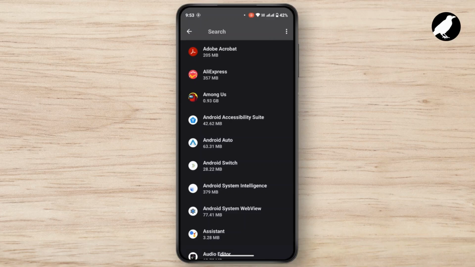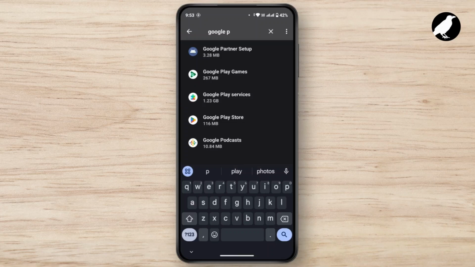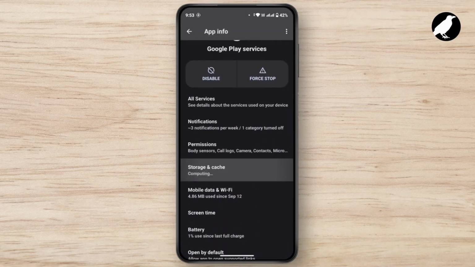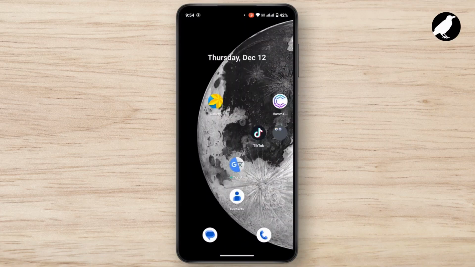Tap on the search icon and search for Google Play Services. Tap on it. Scroll down a bit, then tap on Storage and Cache. Here tap on Clear Cache. Now once you have done that, you can close these settings, restart your device, and then your problem will be